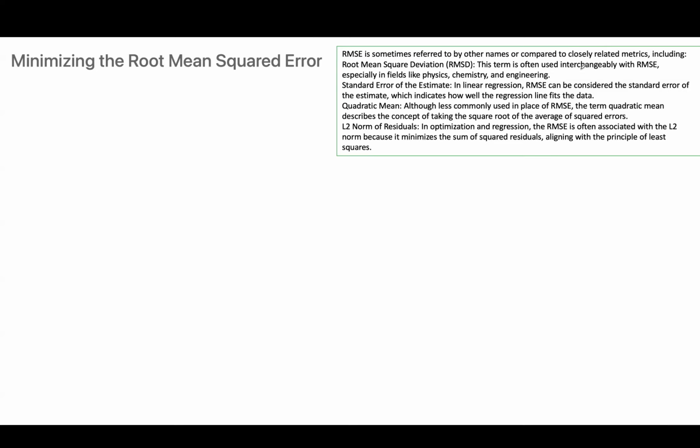This term is often used with root mean squared error, especially in physics, chemistry, and engineering. You might also hear standard error of estimate, which we introduced in statistics. In linear regression, root mean squared error can be considered the standard error of estimate, which indicates how well the regression line fits